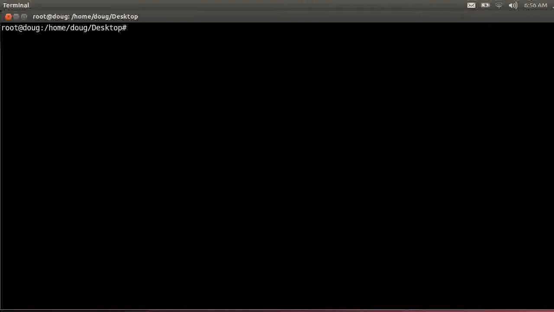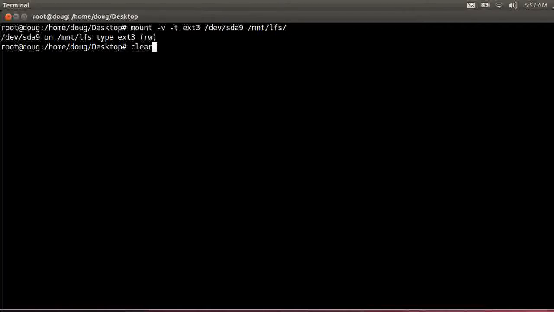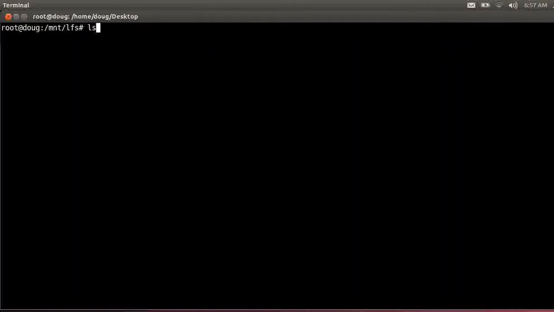Okay. Now let's say screen. Okay. Want to mount verbose type ext3 dev sda, or LFS partition, to mount LFS. CD into mount LFS, and I want to vim, or vim.tiny, I guess in this case, vim.tiny